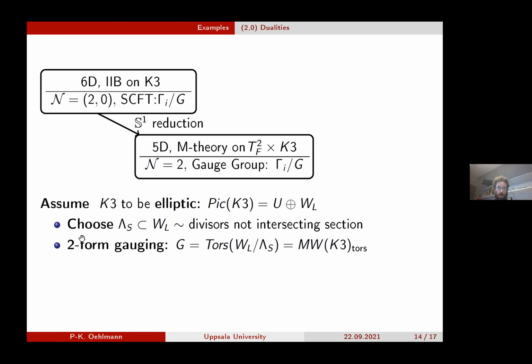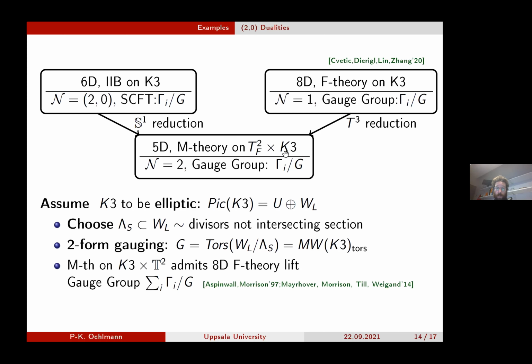Now, if you want to have a two-form gauging and you want to be elliptic, then one choice essentially is to choose a model that has a non-trivial Mordell-Weil torsion group. So very good. So now our K3 is also elliptic, and you have M theory on this T2 times K3. But since it's elliptic, it also means that I can lift it to F theory. So I can essentially lift this T2 that I have here, and I can lift the torus fibration that I have inside the K3, and I can lift it to some 8-dimensional theory, which also should exhibit precisely the same